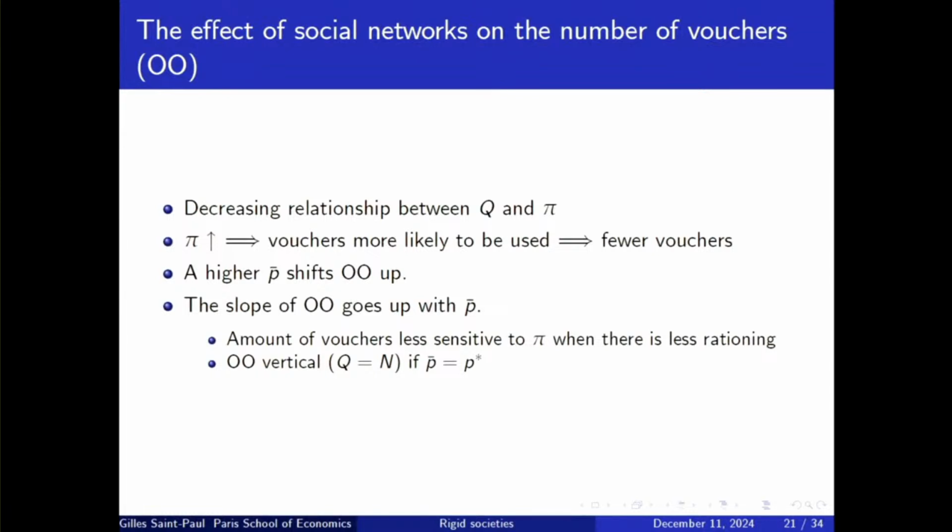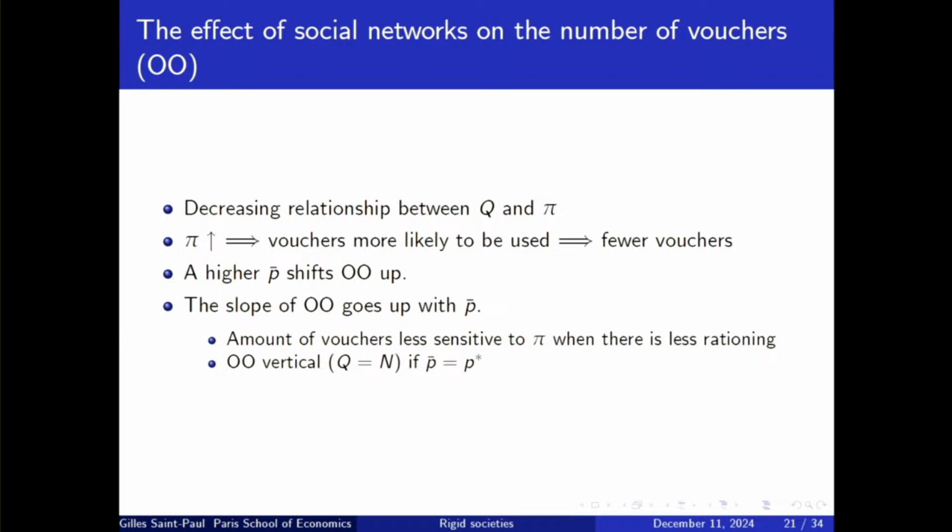Okay, so you can prove that there is a decreasing relationship between Q and the intensity of the social network pi, because when the social network is more dense, then you issue fewer vouchers because more vouchers are going to be used. You can prove that when P bar goes up, again, there's less rationing, you can issue more vouchers. And you can also show that the slope of this relationship between the intensity of the network and the number of vouchers goes up